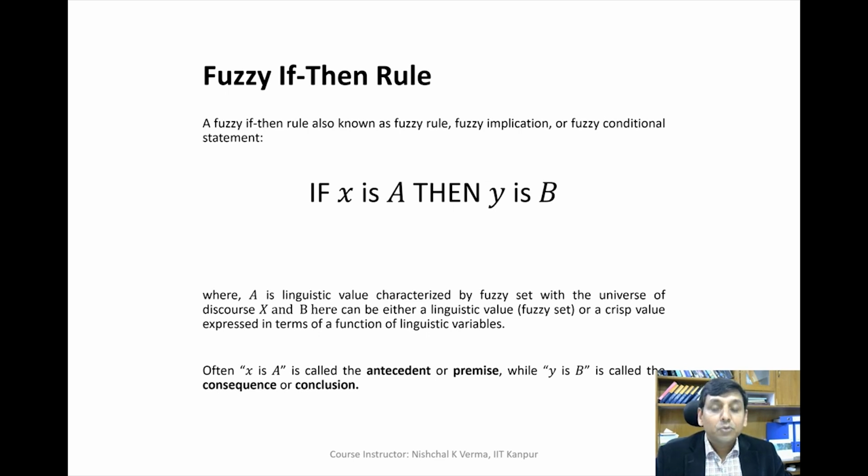A fuzzy if-then rule is also known as a fuzzy rule, fuzzy implication, or fuzzy conditional statement. A fuzzy if-then rule has the form: if X is A, then Y is B. This is the syntax of any fuzzy if-then rule. Here we have two components. The first component of this fuzzy if-then rule is the antecedent or premise. So this part is called the antecedent